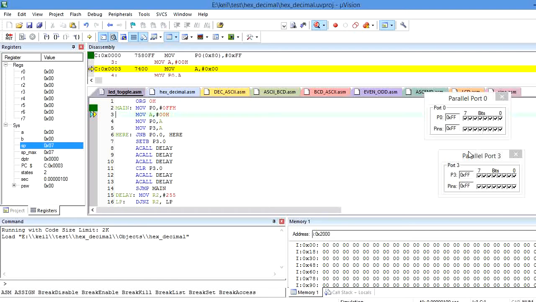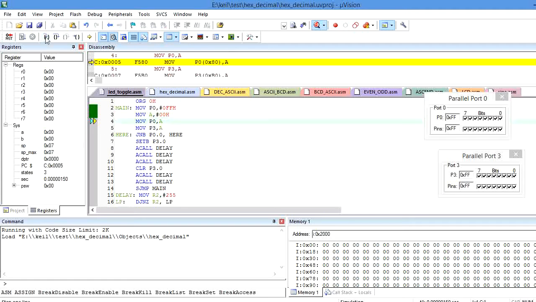Now after that I want to clear all the pins of port 0 as well as port 3 as 0, because I don't want to retain the old values of all the pins of port 0 as well as port 3 here. Now MOV A, #0H. Now I am going to copy 0 value to the accumulator. Before execution accumulator is 0. After execution, let me check by using the instruction MOV A, #0. After execution of the instruction, accumulator becomes 0 here.